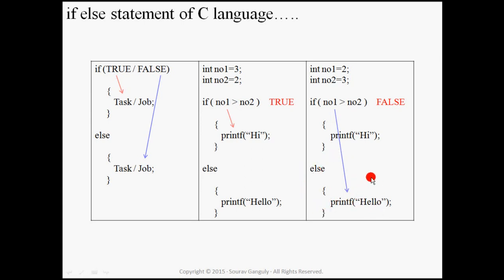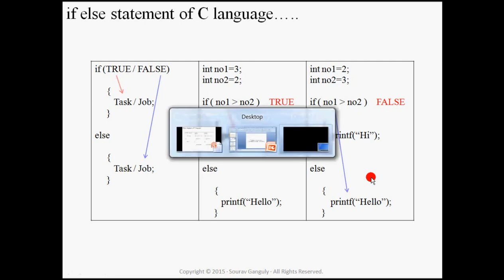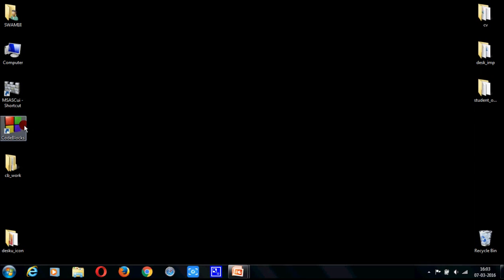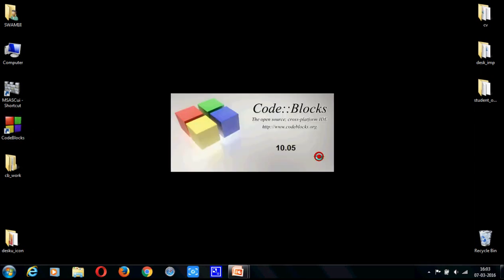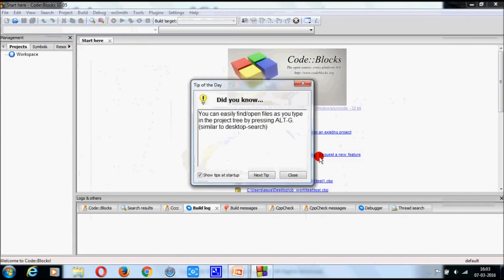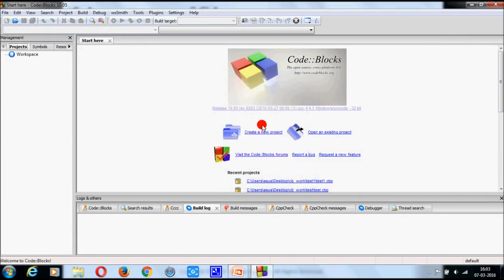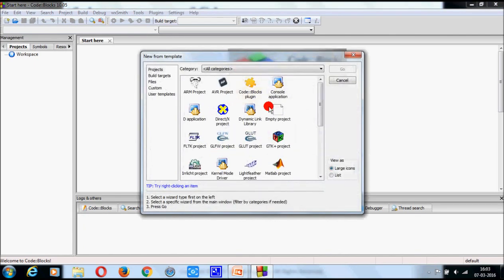Now let's see an example. At first go to Code::Blocks. Then create a new project. Go to console application. Go.